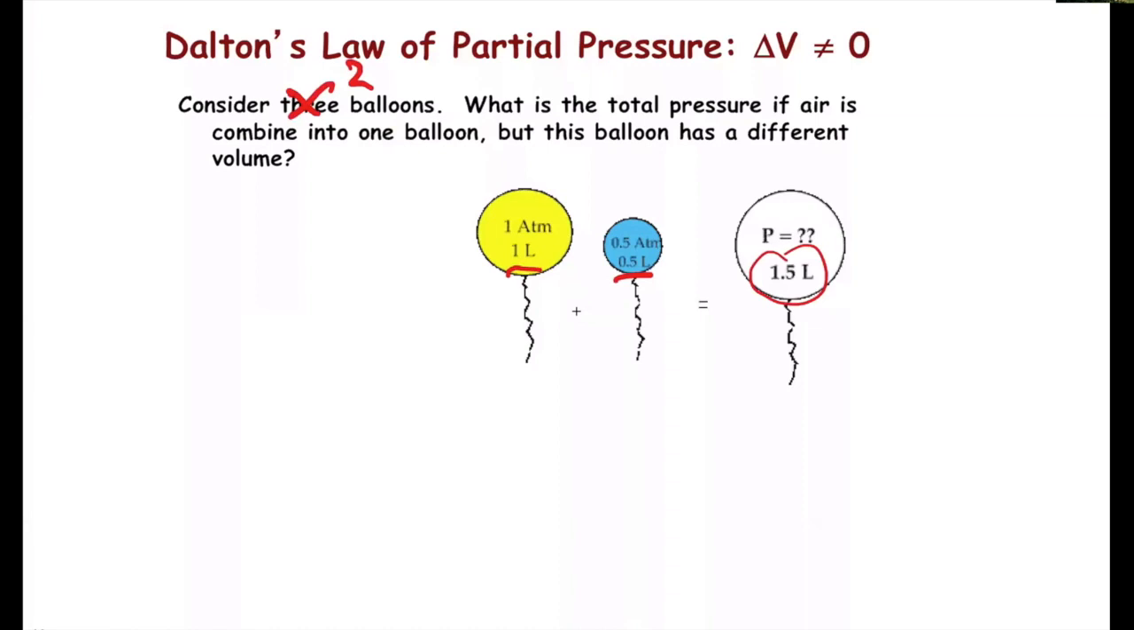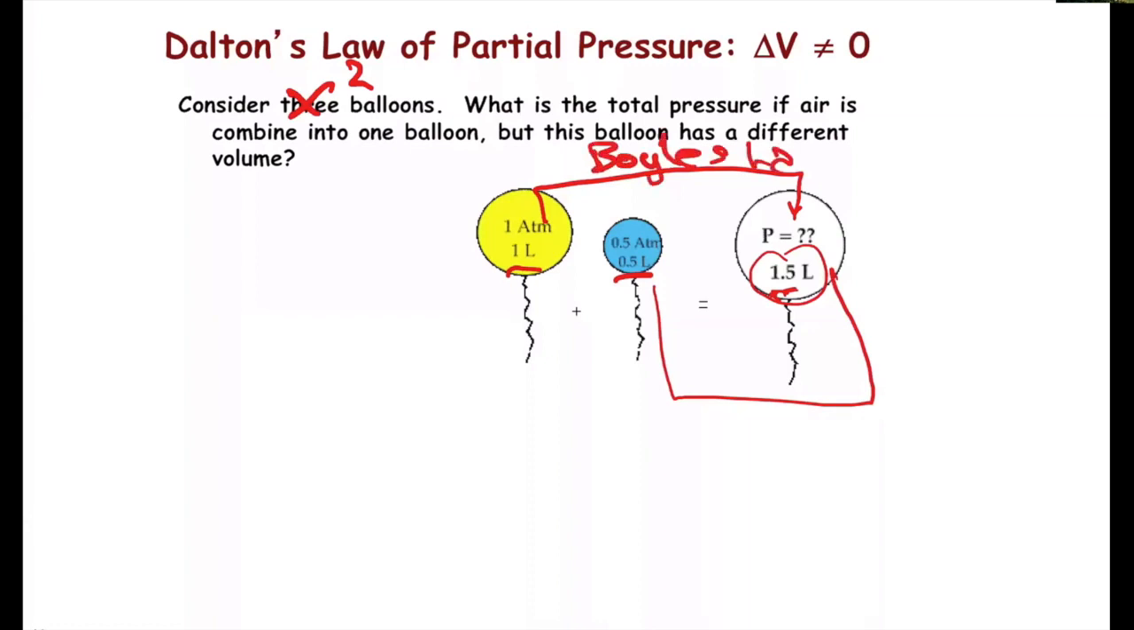The strategy here is that you've got to figure out what that new pressure is in this new volume, what this new pressure is in this new volume. So you have to use Boyle's law twice. Boyle's law for this and Boyle's law for that. Why? Because when you take 1 atmosphere, 1 liter, and then you put it in 1.5 liters, remember